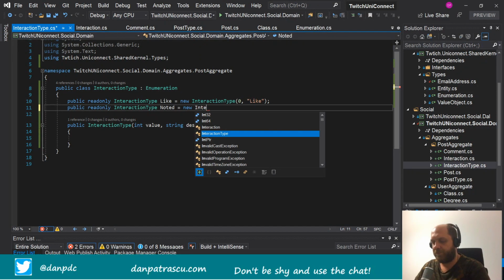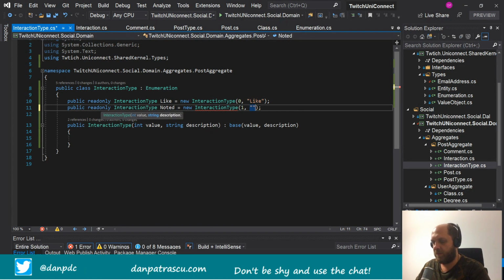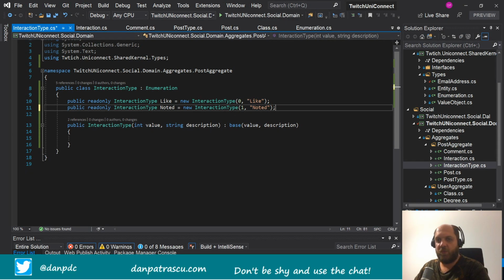New interaction type, that would be 0 and then the text noted. Okay, what other type of interactions can we have? Actually, it doesn't really matter, so when we come up with new ideas for interaction types, we can simply come here, maybe noted, but then make an